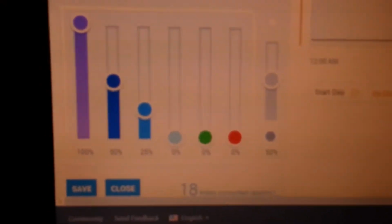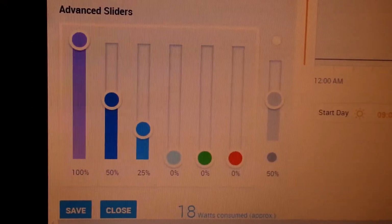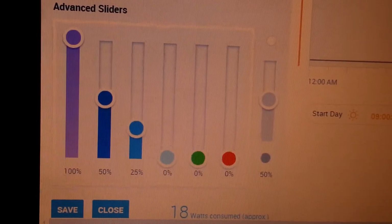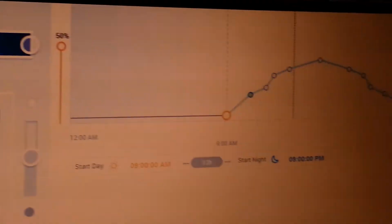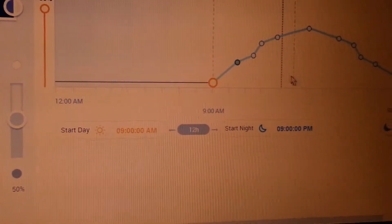So by 10:30 I have my UV spectrum at 100. I have my royal blue at 50, my blue at 25, my whites, greens, and reds are at 0. My watt consumption is 18%. Alright, so by 11:30, an hour later,